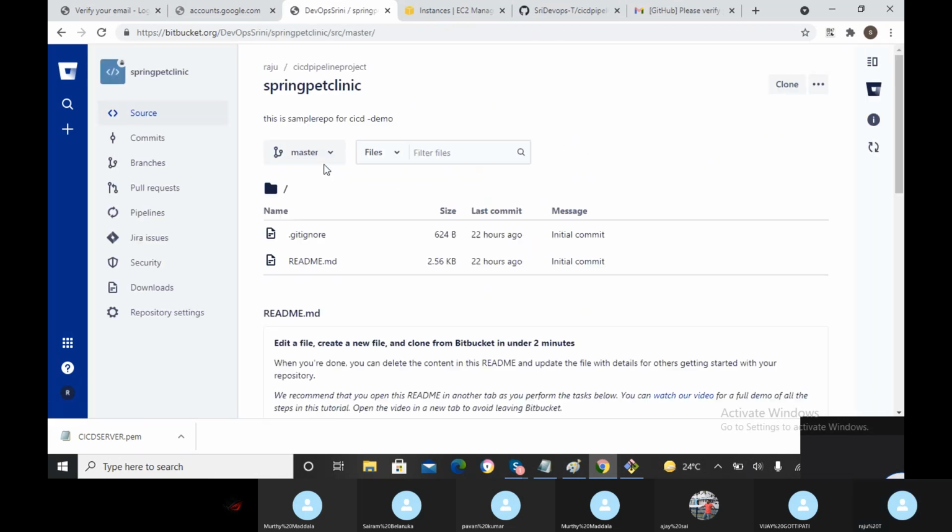Just click here. And as usual, we have commits, branches, pull requests, pipelines. See, nowadays every modern distributed version control system provides CI/CD. That's why I said very clearly in the last session, don't run with all technologies, all techniques. So here you can design a pipeline inside Bitbucket, as well as if you go to